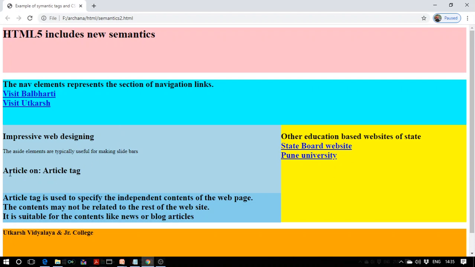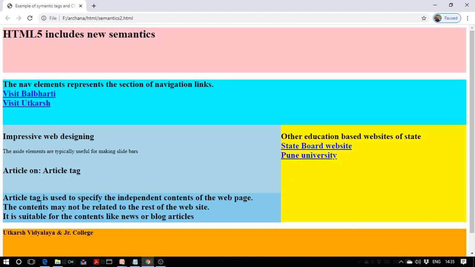Below that is our second section that contains again a heading, and an article in the article tag. So students, below NAV, on the left hand side we have two sections, section 1 and section 2.